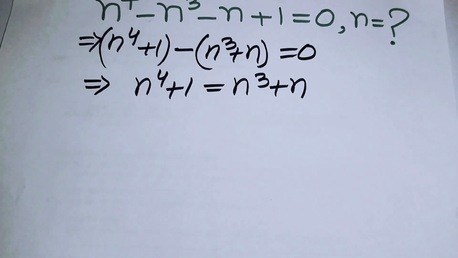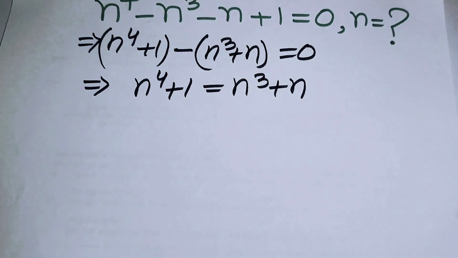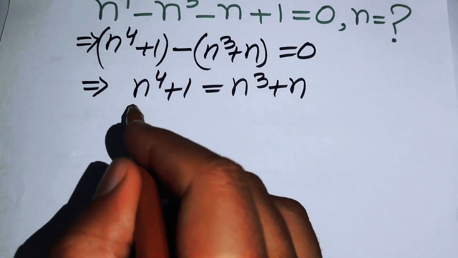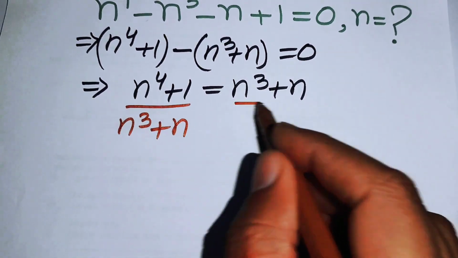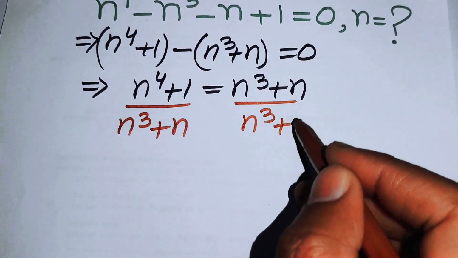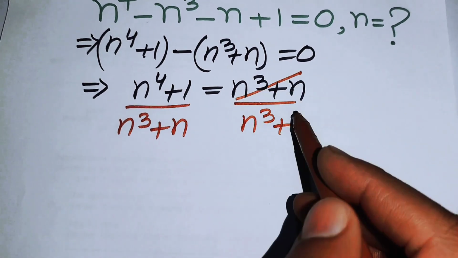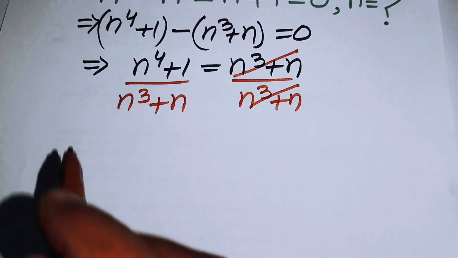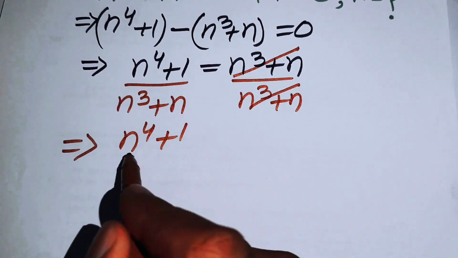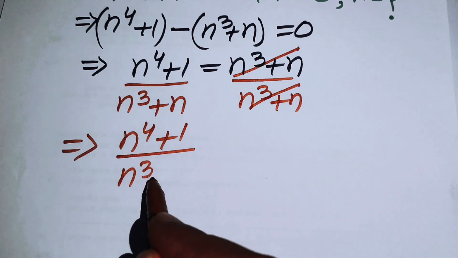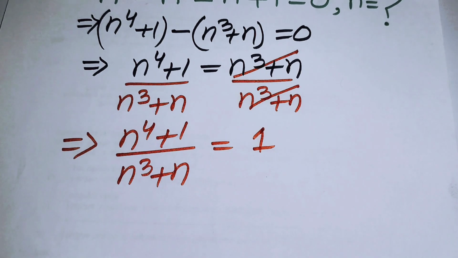So in the next step we divide both of the sides by n cubed plus n. We first divide here by n cubed plus n, and in the right hand side we divide by n cubed plus n. And now you focus on the right hand side, and you see that these two terms are cancelled by each other, and we obtain n to the power of 4 plus 1 over n cubed plus n equals 1. And now in the next step